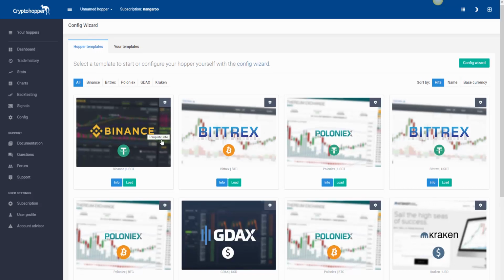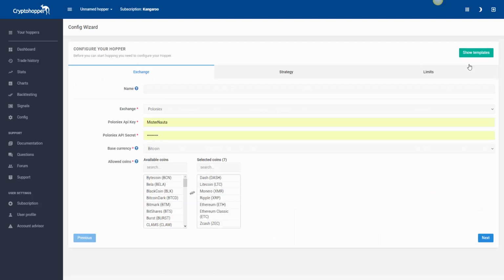I can use this model if I want. It's faster, or I can use the configuration wizard. It's very nice as well. So with the configuration wizard, you have to set everything up. That's the way we are going to do. So I will show you all the main settings before getting to the base configuration. So let's start